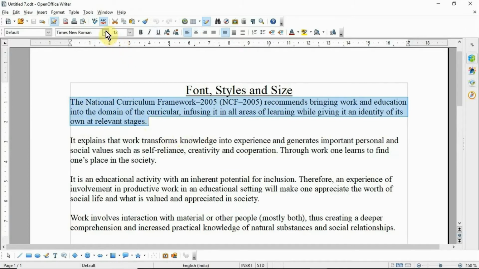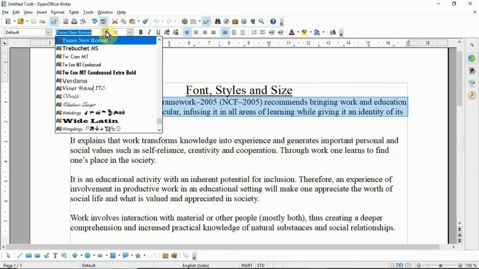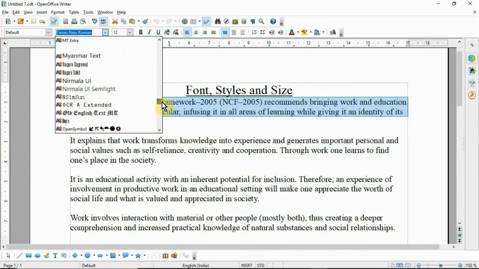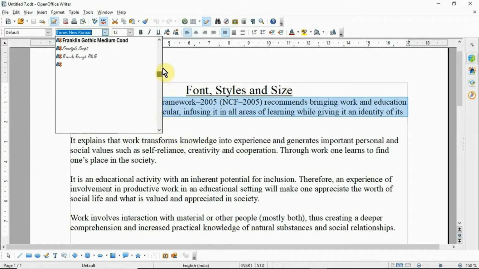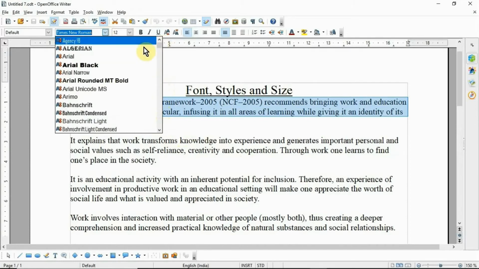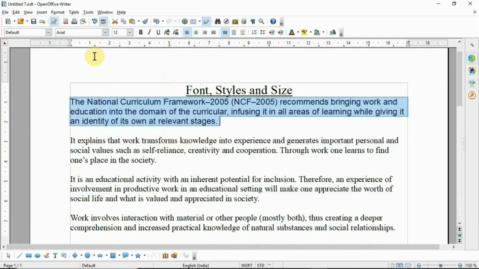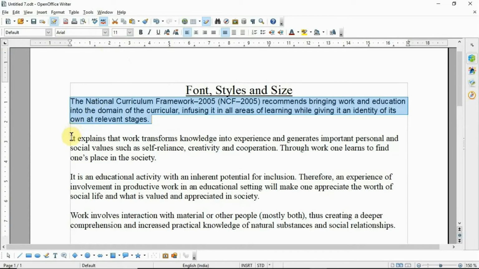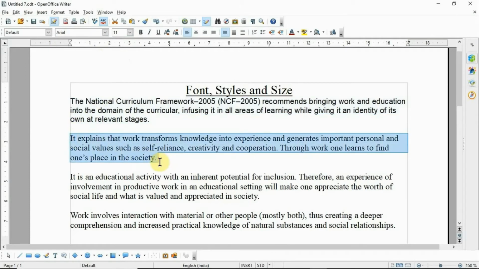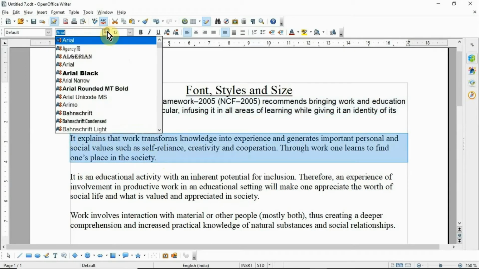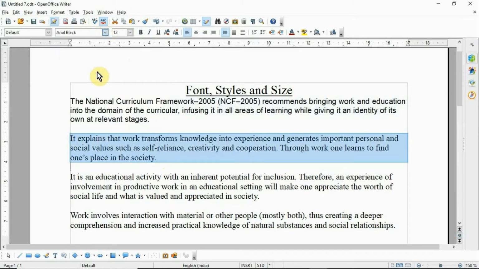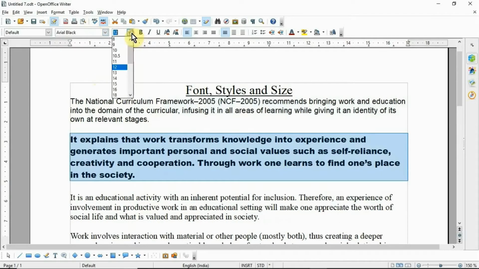and then click the font face list and select any one font face. Here are so many font faces, select any one which you want. I select Arial here, and for font size, click the font size scale and select font size 11. Select the second paragraph and then click the font face button and select the font face Arial Black and then select a size 12